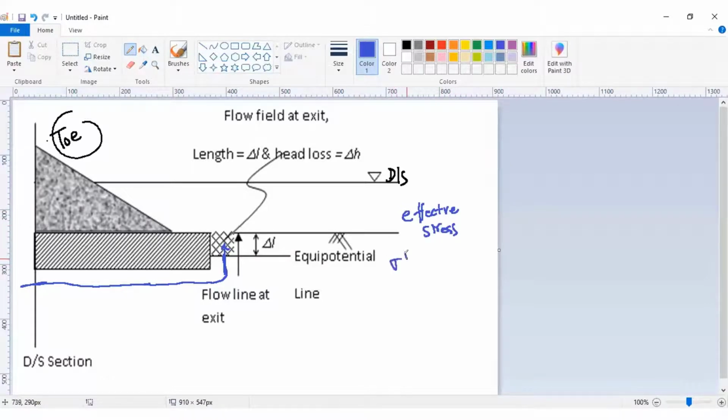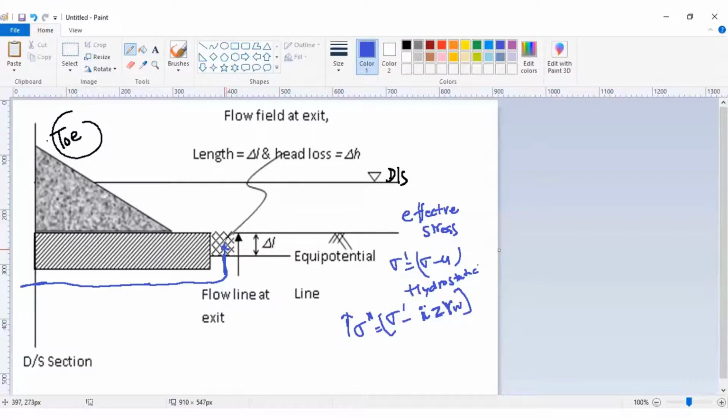And you know that if you use the concept of effective stress, it says sigma dash is equal to sigma minus U. This is under static condition, so under hydrostatic condition. But when the flow is in the upward direction, you know that sigma dash is reduced further by the value I Z gamma W. So the effective stress under flow condition is sigma dash minus I Z gamma W, where I is the applied hydraulic gradient, Z is the depth at which you are measuring the value of effective stress, and gamma W is the unit weight of the water.